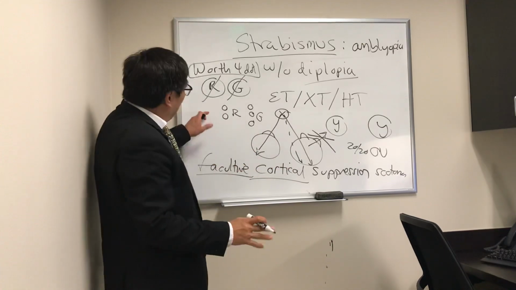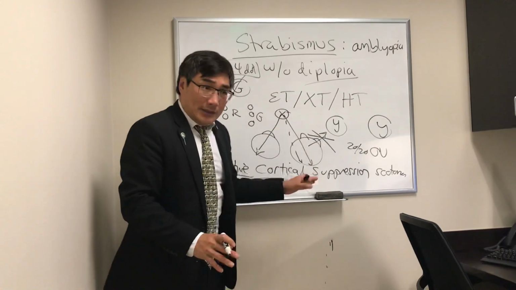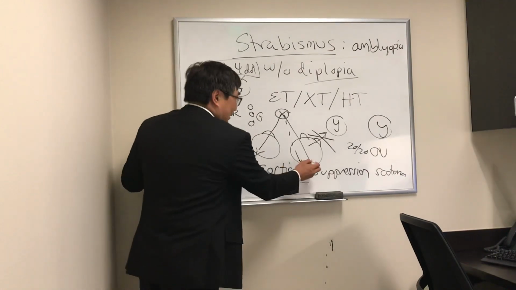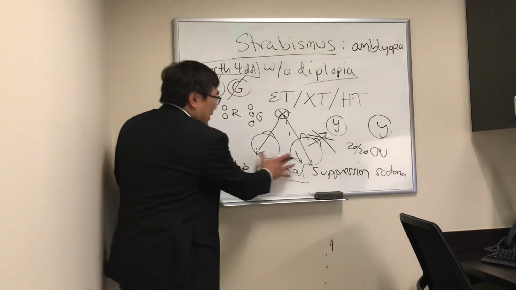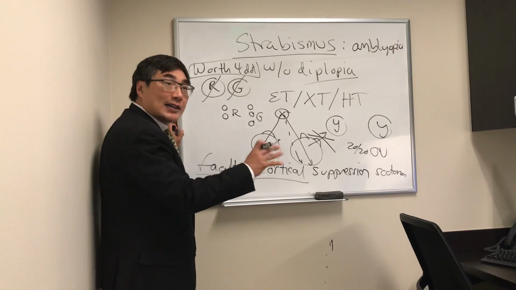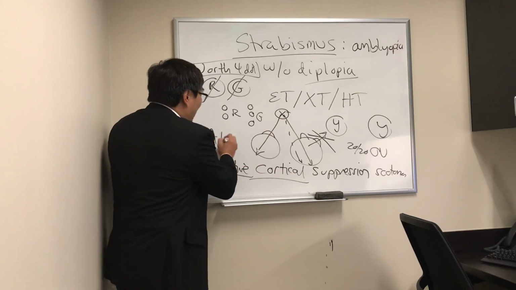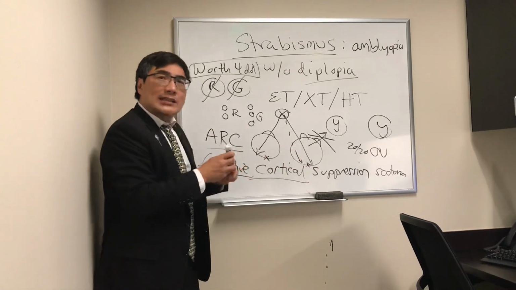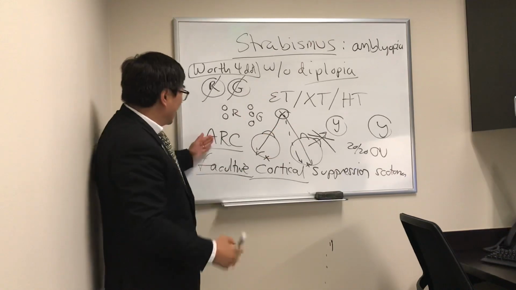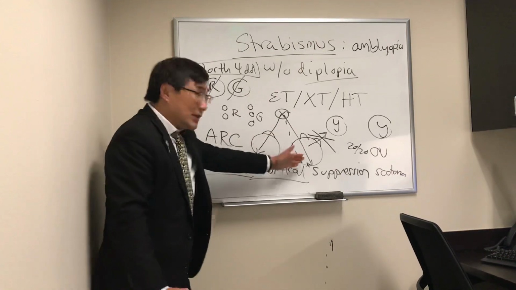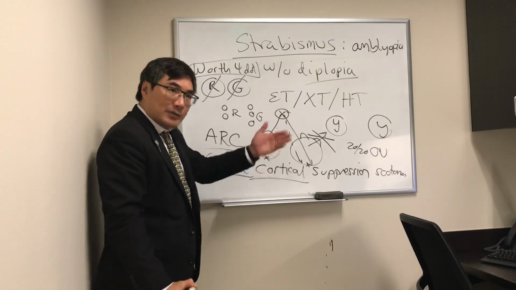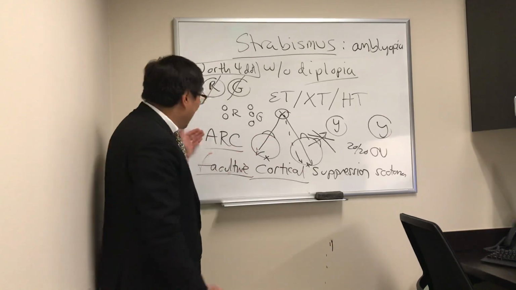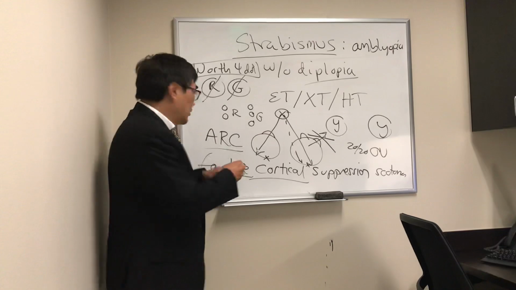That is one of the ways we use the Worth 4-dot to tell if we have suppression of one eye or the other. Sometimes the patient has strabismus and they really don't have any diplopia. That's because even though the light is not hitting exactly on the fovea in each eye, the corresponding retinal elements are not corresponding. And that we call anomalous retinal correspondence. Normally every point on your retina corresponds with the exact same point in the other eye, and that is normal retinal correspondence. But if you have strabismus or your fovea has been pulled because of traction from a scar when you're a kid, your brain might be able to rewire it so that you have anomalous retinal correspondence. And if that anomalous retinal correspondence happens to be harmonious,